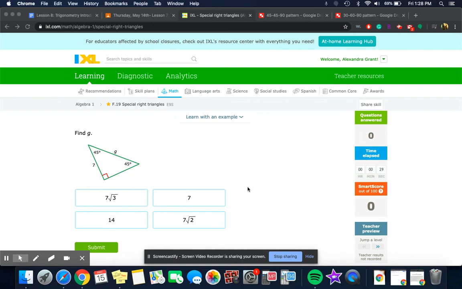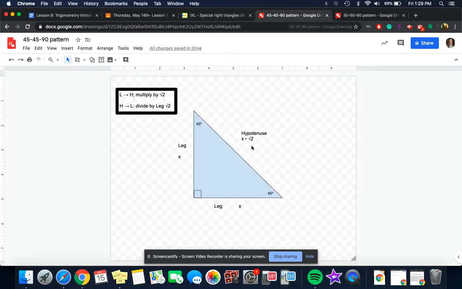So I wanted to make another video going through the special right triangles and how to use the relationships between the legs and the hypotenuse to find some missing sides. So with this IXL example, what I know is that I have a 45, 45, 90 special right triangle. Now, the pattern with a 45, 45, 90 special right is this square root of 2 relationship between the hypotenuse